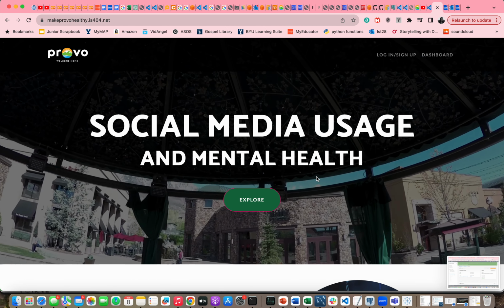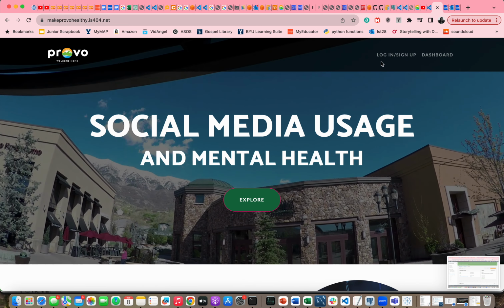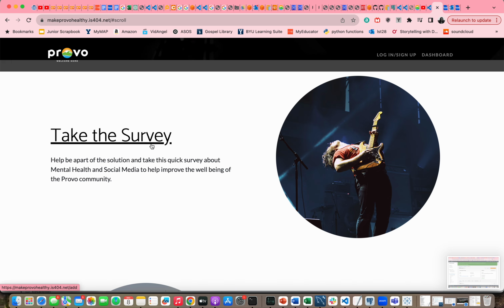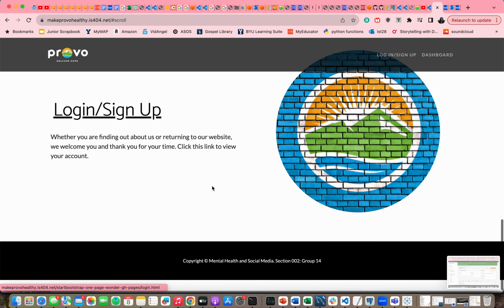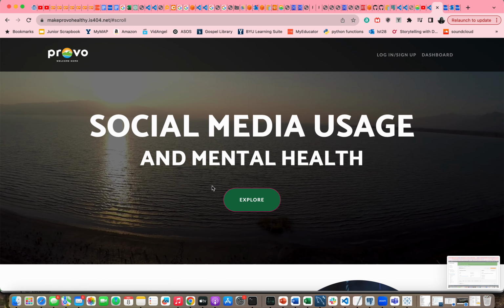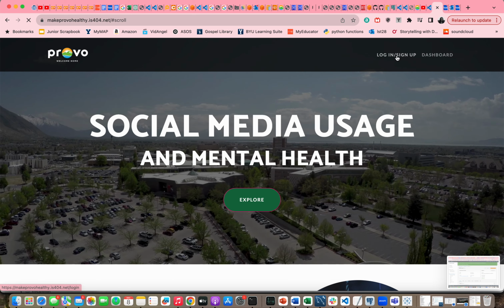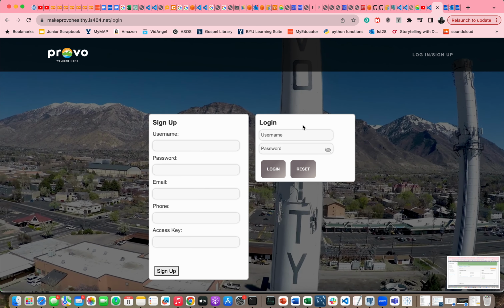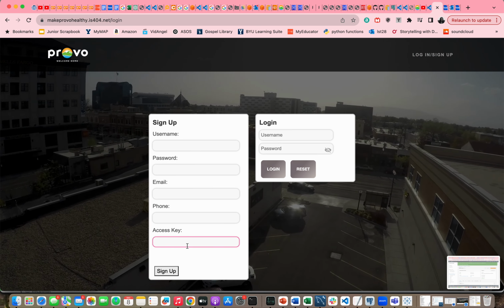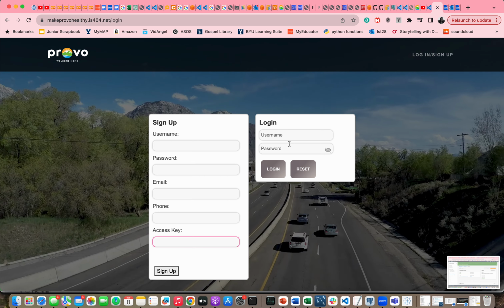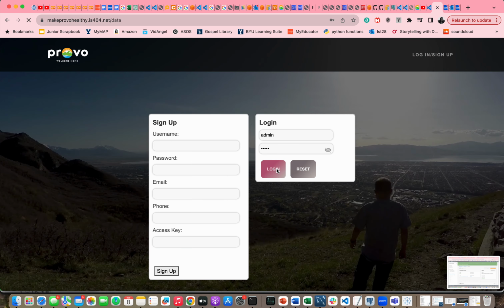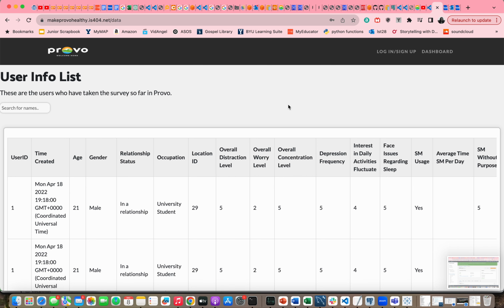and this is our landing page, and there's navigation to the login page and the dashboard page, and then there's also navigation through like the bottom part of the login page. So then for our login page, the landing page, we have our employee sign up and our login sign up, and if you have the access key of employee, you can sign in, but let's just go ahead and sign in as admin. And we're in,